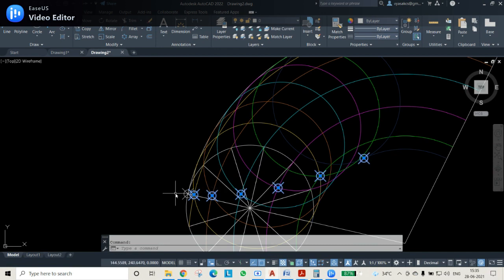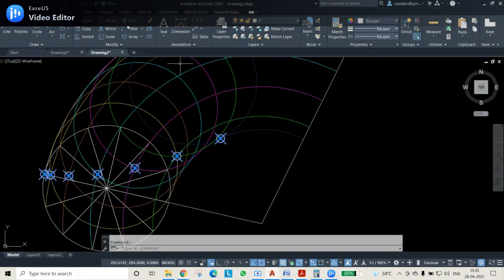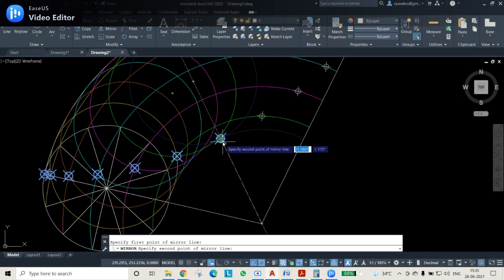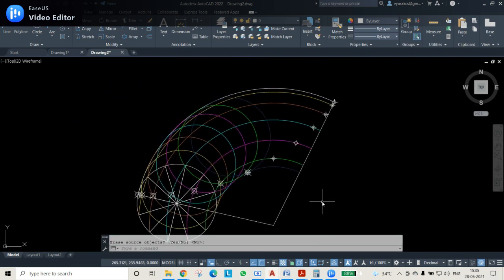Even this point and the last point can be selected, and even if you don't select them, they will be automatically included. Select those points and use mirror image, from this point up to this point, and then press enter. Instead of drawing the circles again and color coding them, I have simply mirror imaged them, because it is a symmetric shape. How it is on this side, that side will also be the same.